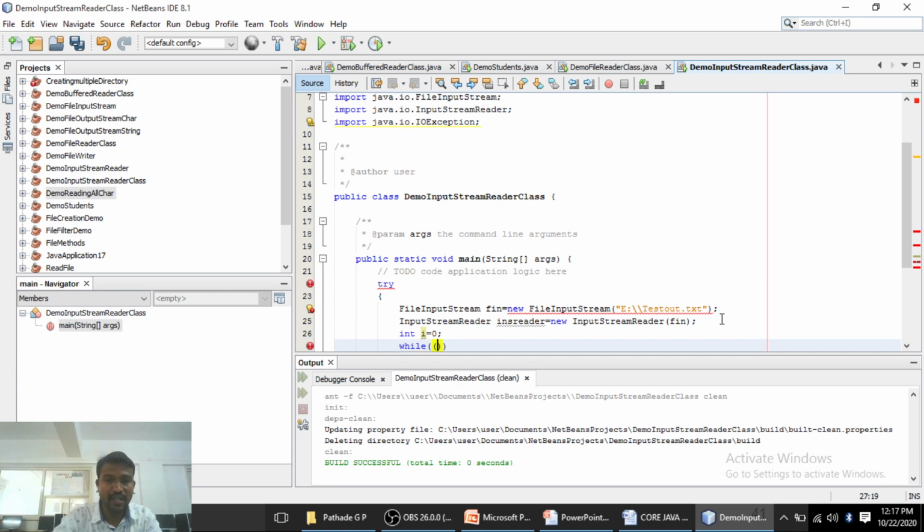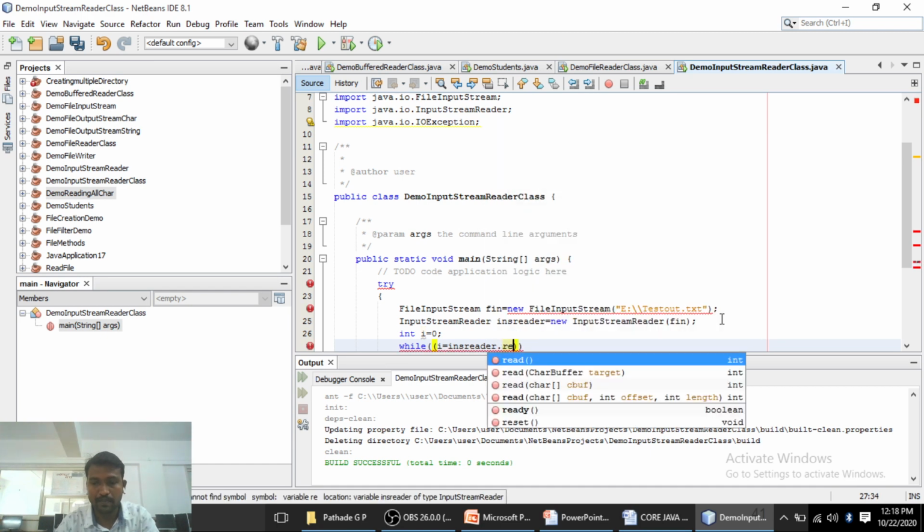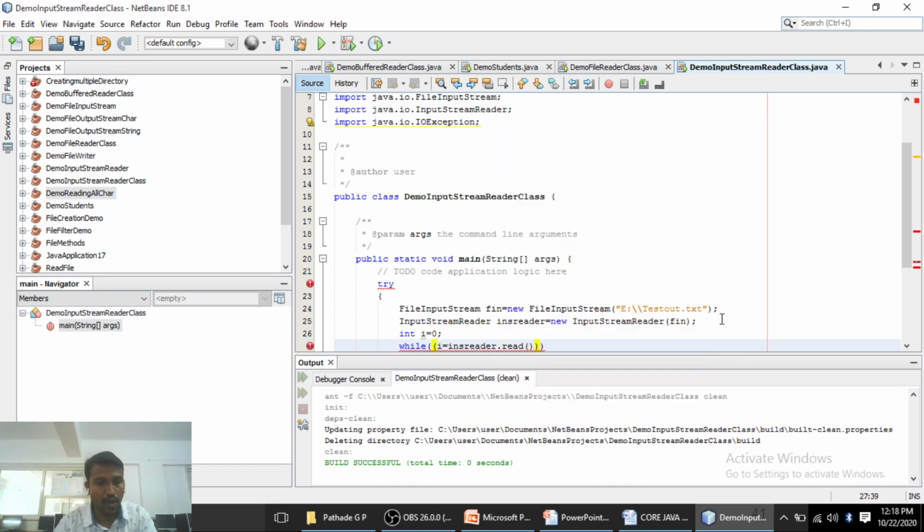Inside the while loop we are going to use i equals the object of the InputStreamReader class, that is ins reader dot read, is not equals to -1.